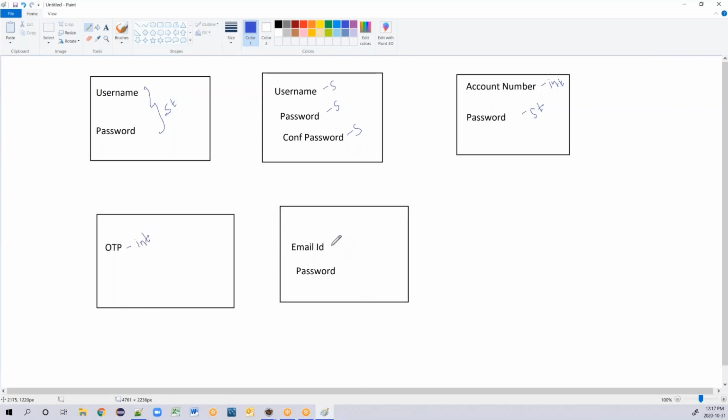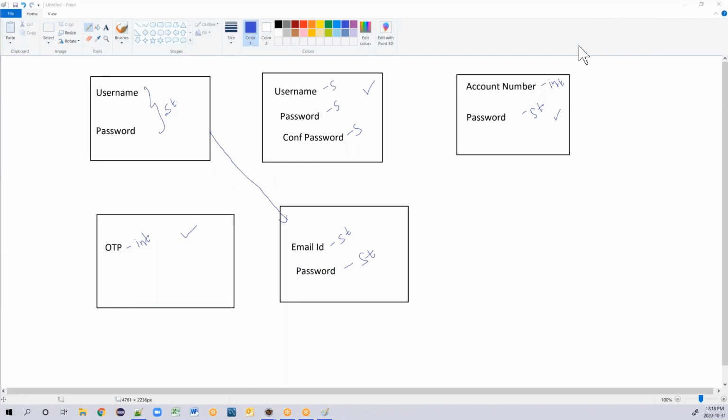And coming to this email ID, this can be a string and this can be a string, right? So these two are of same category, but this is a different category, this is a different category, and everything. So how do we deal these kind of things? Everything is of one application only. So there are different possibilities of logging in into the application, right? So let's see how we can achieve this with the help of method overloading concept.